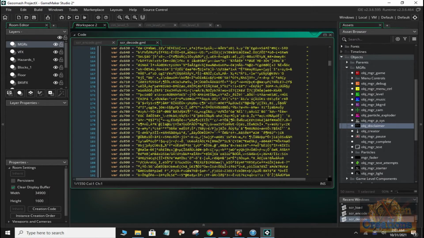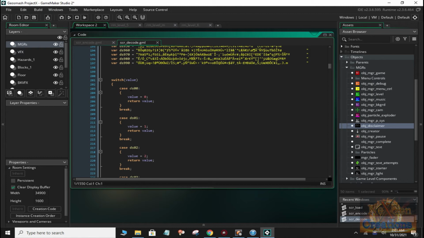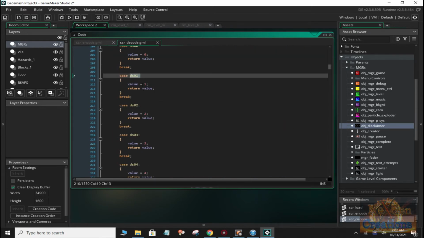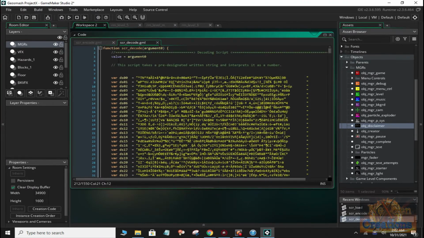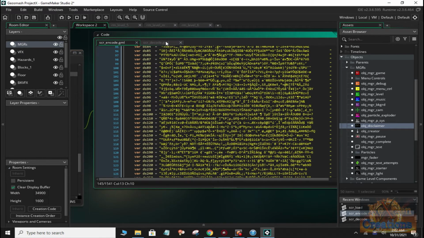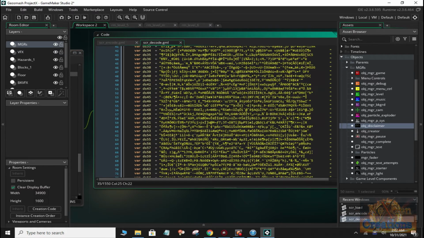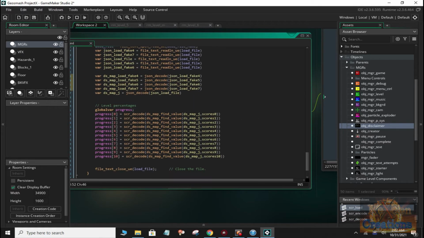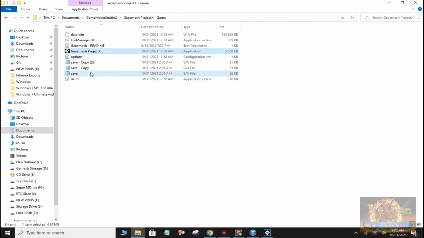See, it says if it gets this value, then return to 0. If it gets this long string that equals 1, return it to 2. Return it to 1. So that means this long series of strings has to be the same in the encode. That way they're both exactly the same, like reference points. And this can decode or encode and then spit it out into the save file. That way it literally looks like a mess when somebody tries to play with your game or mess up your